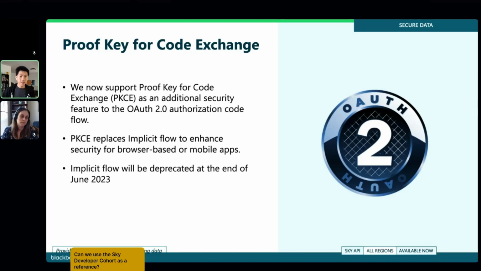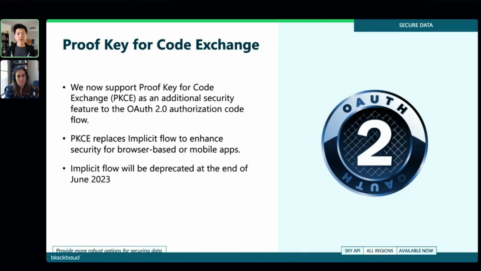And PKCE is particularly relevant for those of you who have been using the implicit flow OAuth grant type, and there's a few reasons for that. So the first reason is that implicit flow is just inherently less secure, and I'll explain why in a moment. The second reason is that we're actually deprecating implicit flow at the end of this month, which means that if your app is using implicit flow for authorization, it's no longer going to be able to take that user through